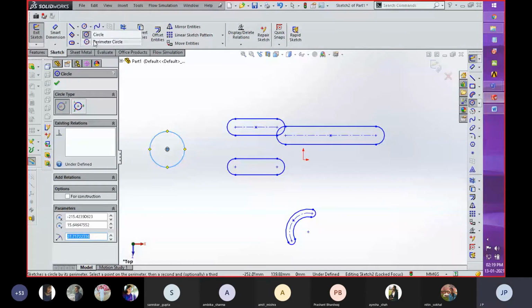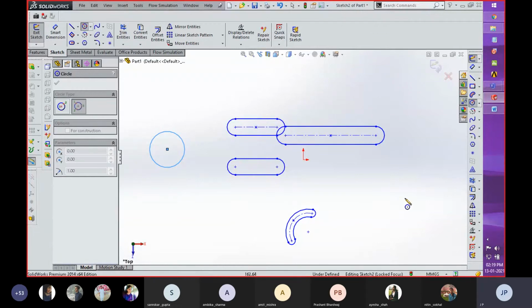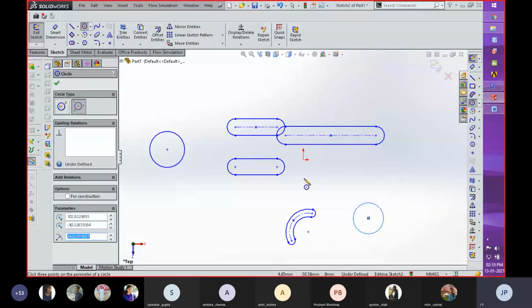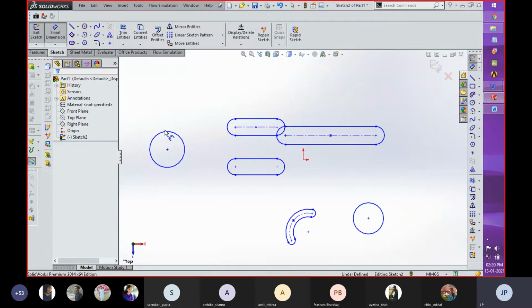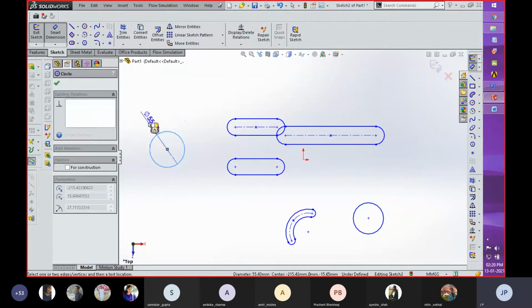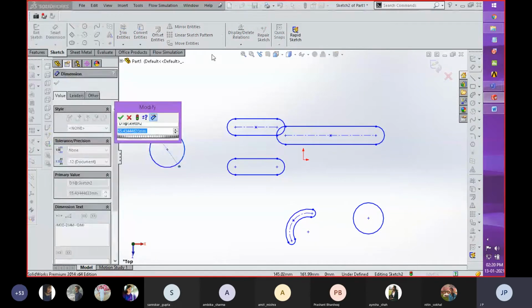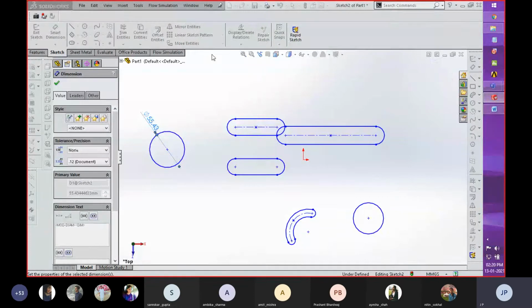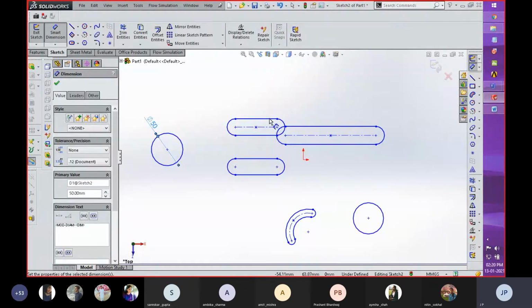The other method with the help of which you can create a circle is the perimeter circle. For that purpose, you have to tell the software the three points required for creating the circle. So these are the two ways by which we can create a circle. With respect to the dimension as per our requirement, if you want to dimension all these components, you have to select this smart dimension command, and by a single left click, you can fill in a value as per your requirement, and the dimension and the object size are going to be modified as per your dimension value.